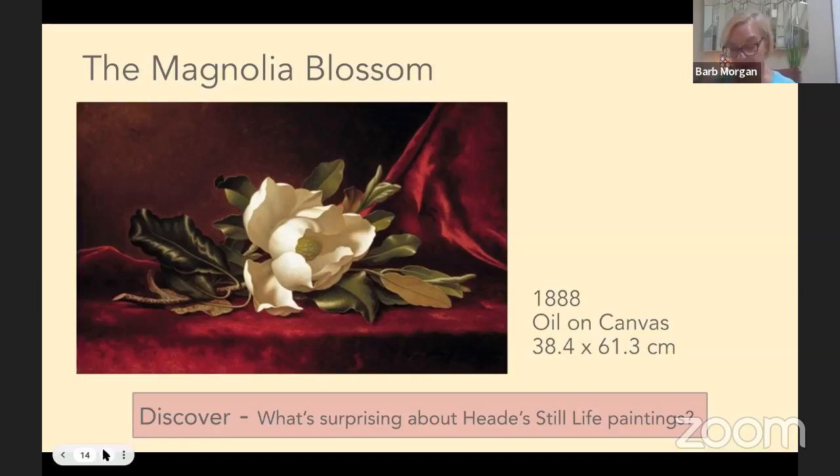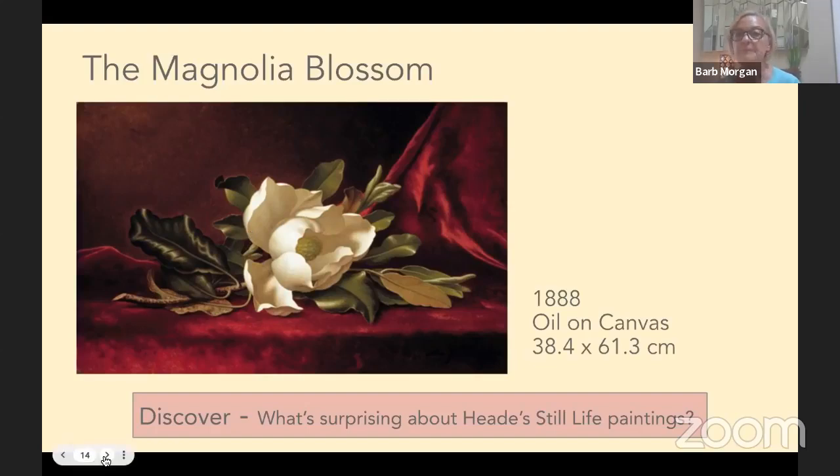In 1980, the researcher, art historian Barbara Novak said this: Heade's glossy flowers achieve the quality of becoming through their twisting linear gestures. She calls them gestures. Heade's smooth surfaces embalm his subjects, she said, in crystalline time. It's almost poetic what she said about it, but I thought it was very fitting to the elegance of this painting. Now, the last one we are going to look at,